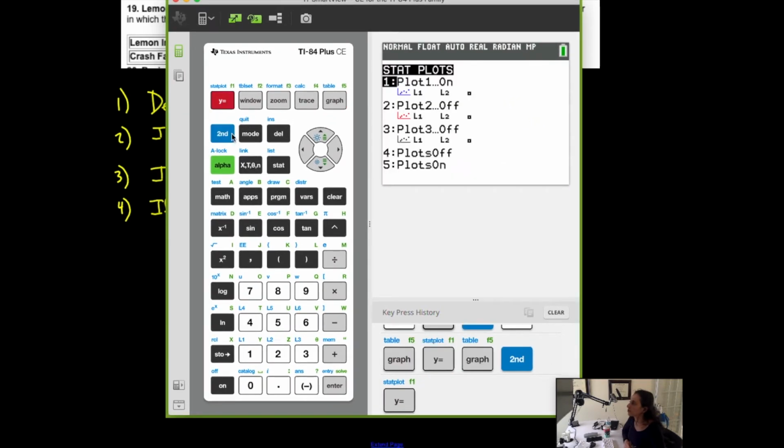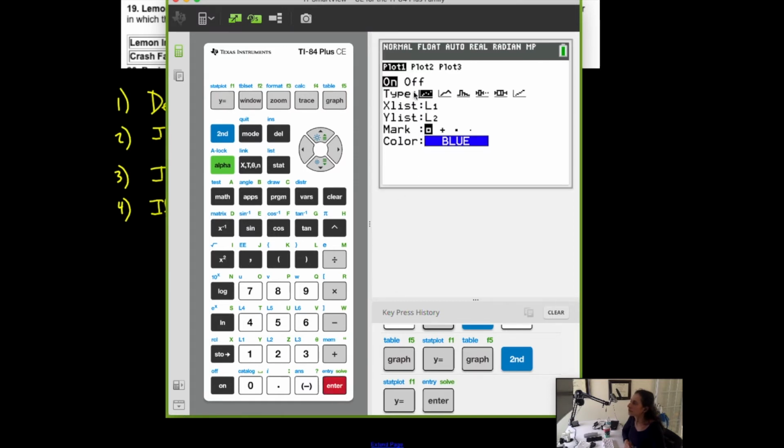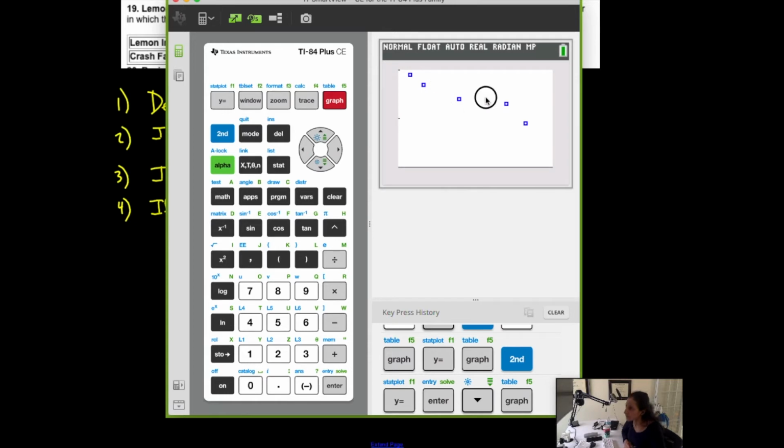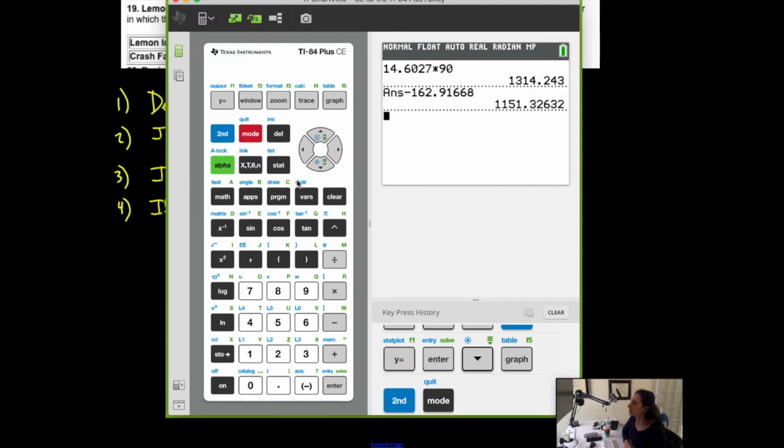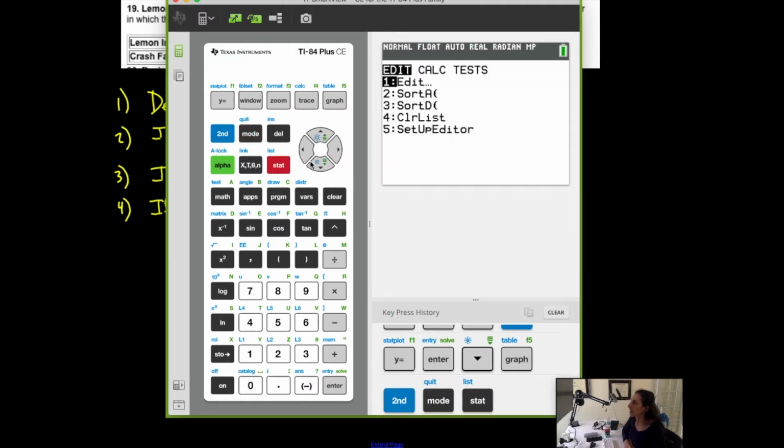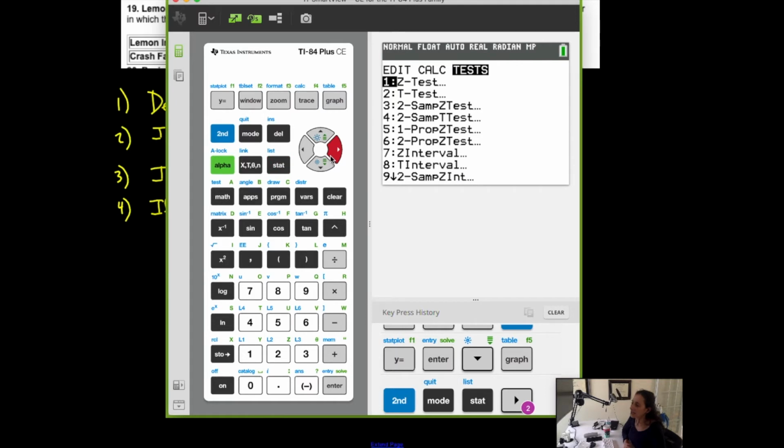Again, stat plot is where I go to my stat graphs. I want to make sure it's on, and that it's statistics or scatter plot. My X list I labeled in L1 and my Y list in L2. And then I just go to graph. If it's not there, then you have to change your window. But it's there. Now, all the information that I need for the rest of this is in stat, tests, and